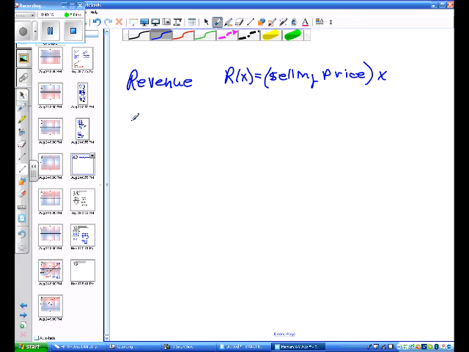Now, we also have cost. If you produce something, it costs you to produce it. So our cost function, which we'll call C of X, is equal to fixed costs. Now, fixed costs are things like rent on buildings. That's not going to change. It's always going to be the same. You've got whatever it costs you to your monthly payment, your mortgage. You may have to buy certain equipment. So you've got your fixed cost plus